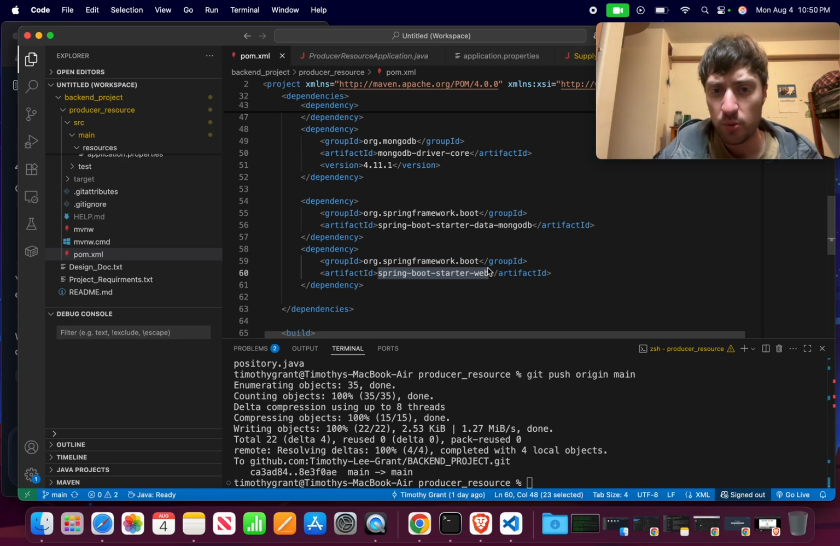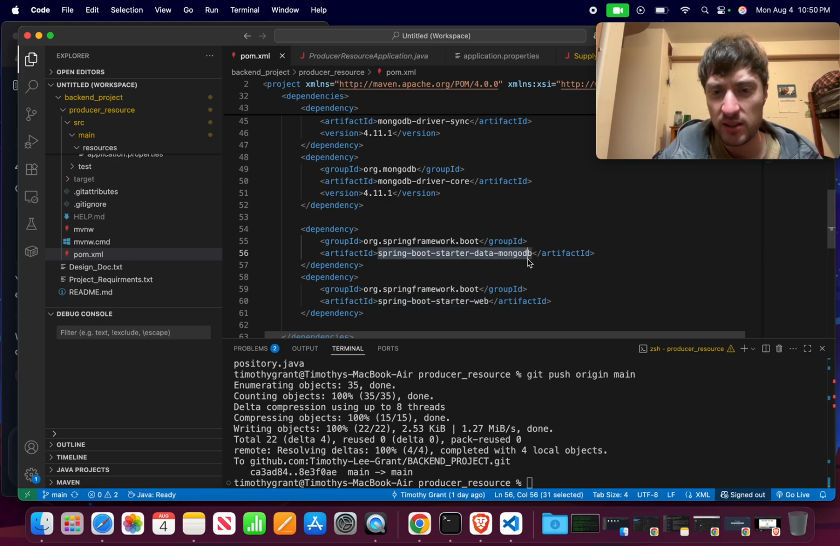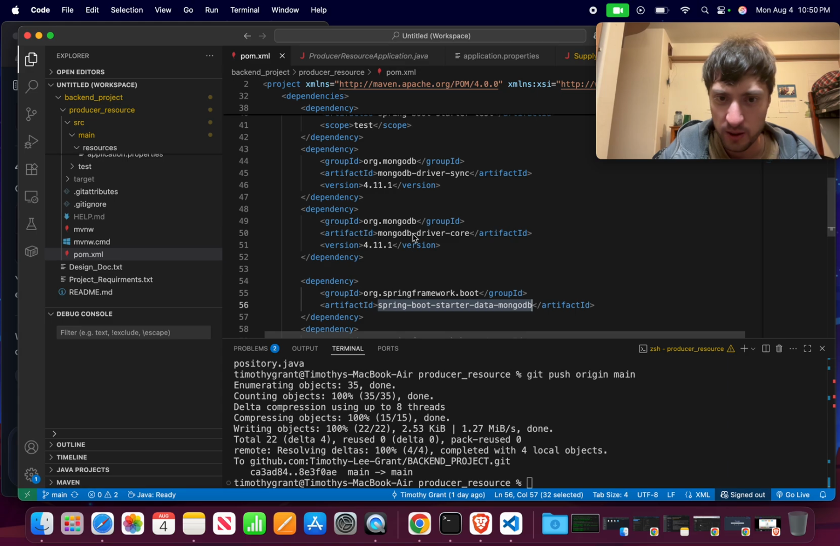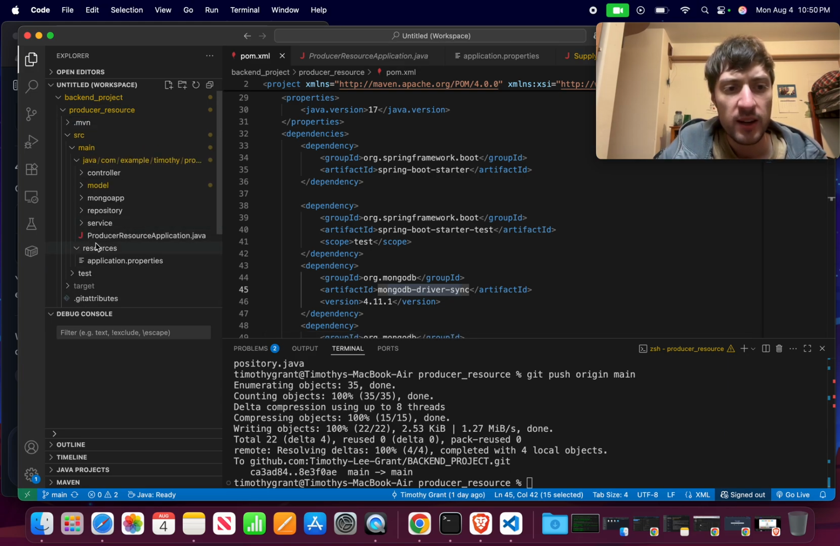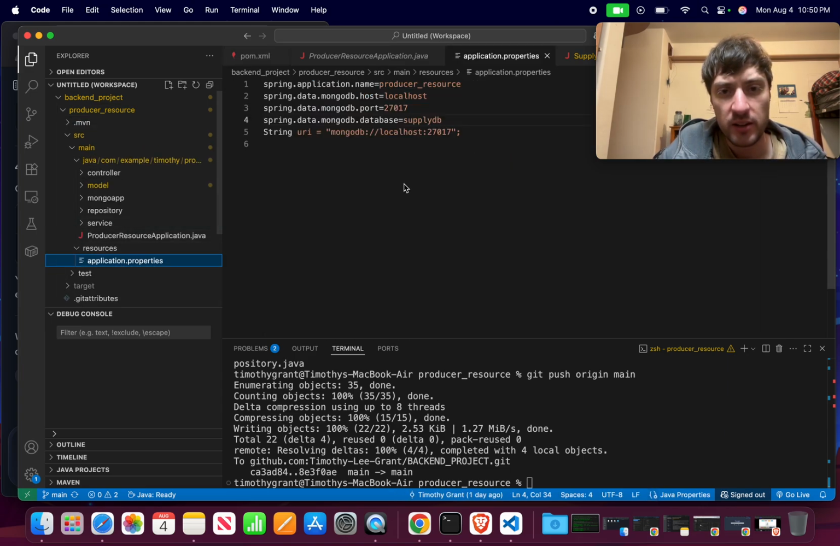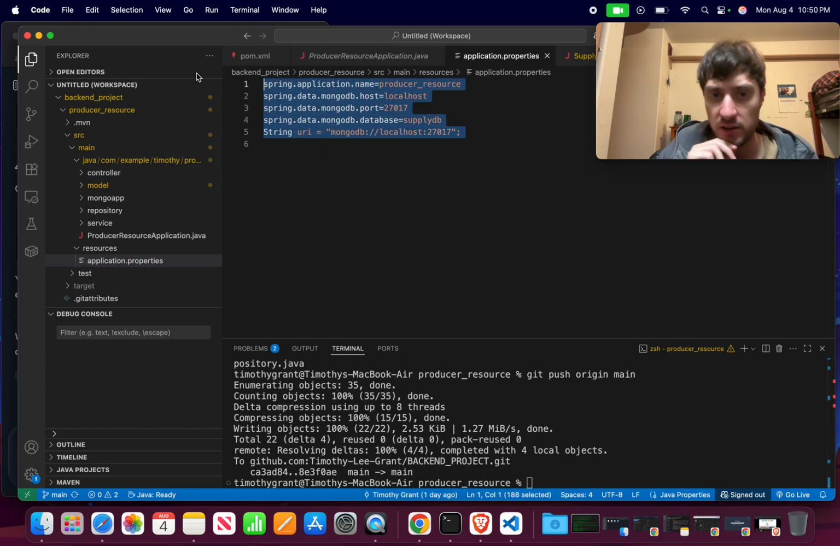So okay, well now I also have this Spring Boot starter MongoDB. Okay, so I'm importing the drivers for this MongoDB. Okay. Now let me go and try to see. Okay, so application properties. This is how I'm actually connecting to my MongoDB. Now, I had MongoDB here, right? So,